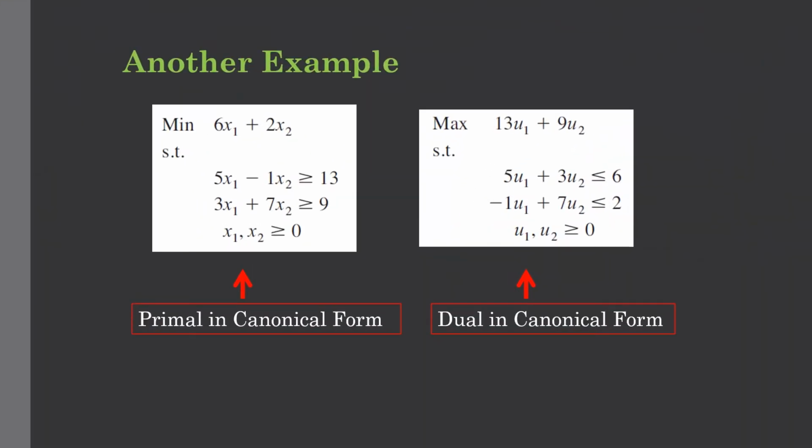Another example. Here is a minimization problem. That's the primal one. So primal problem is in canonical form, and it has 2 variables and 2 constraints. These are the non-negativity constraints. Its equivalent, or associated dual, is a minimization converted into maximization, and the right hand sides of the primal become the coefficients of the